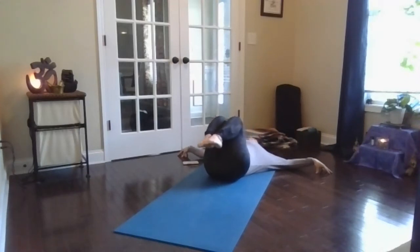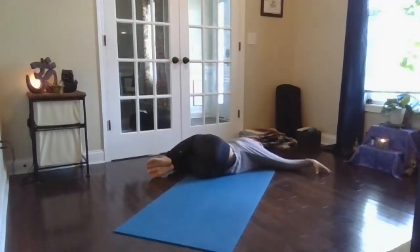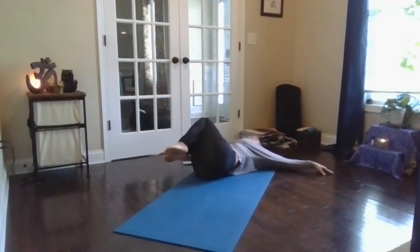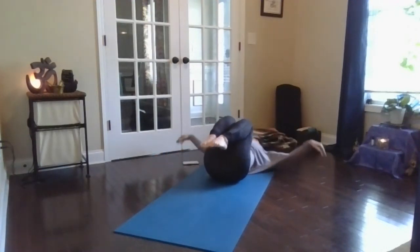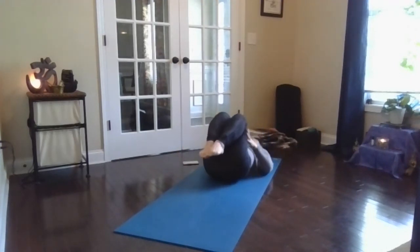And then on your next breath out, allow the knees to fall over towards the right, looking out over your left shoulder. Nice deep breath in and out through the nose. On your next inhale, bring your knees back in towards your chest. Give yourself a nice big hug, wrapping your arms around your shins, and then extend your legs out long,